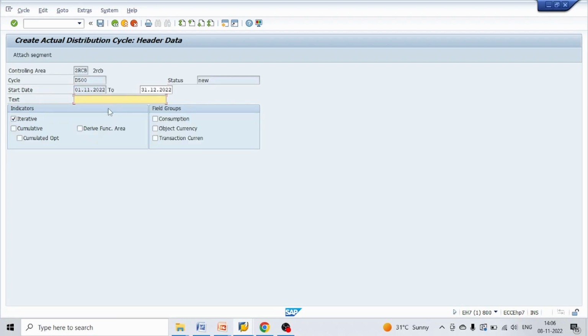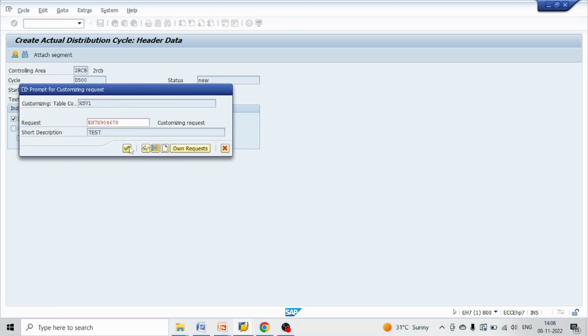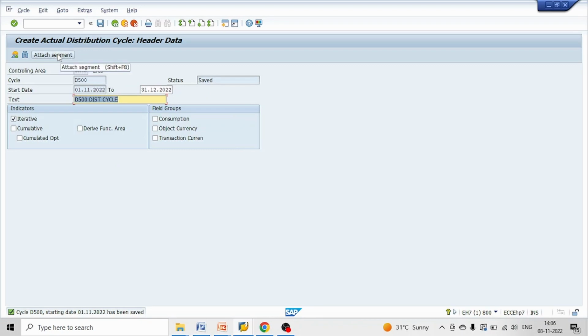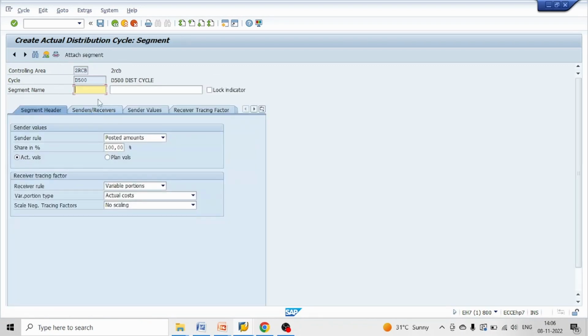Give any text, you can enter, save, click on attach segment, give segment name, select posted amount, actual value. Here in receiver tracing factor, select receiver rule as fixed percentage